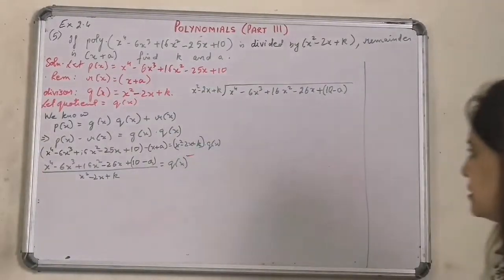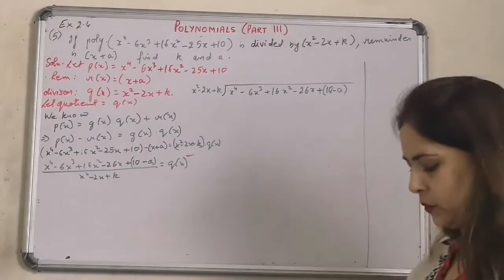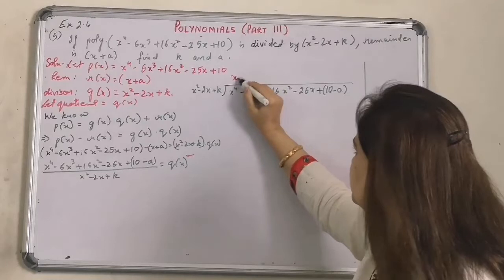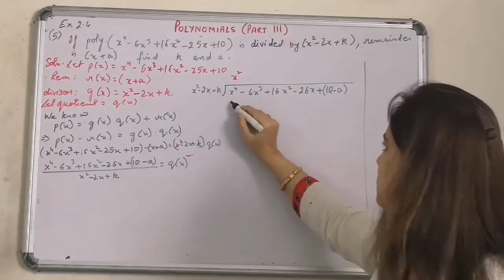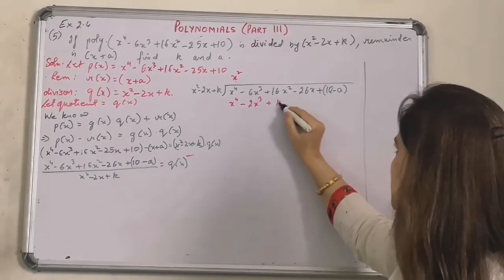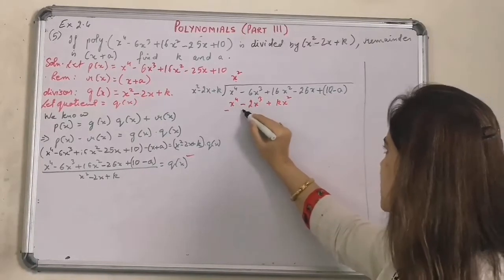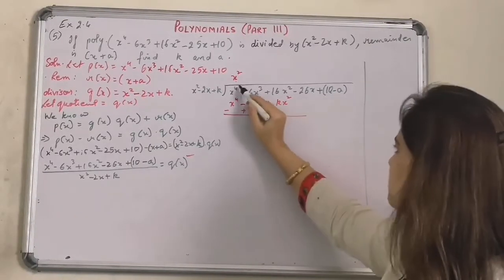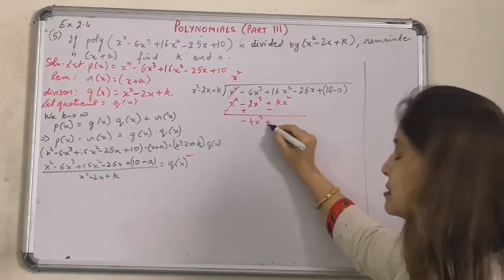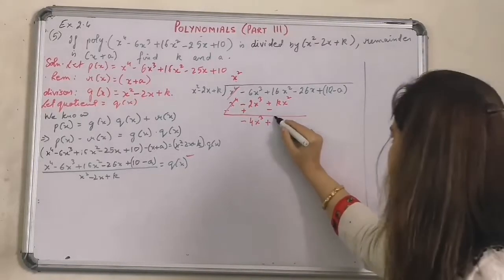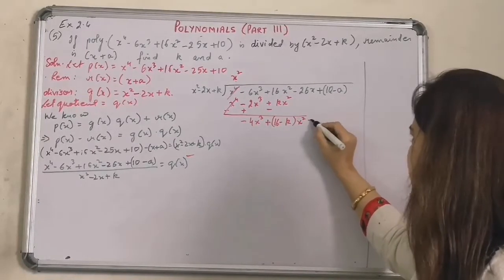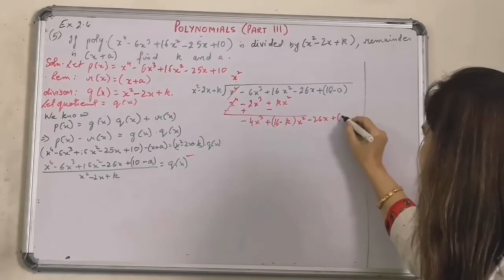This is a bit complicated division and I want you to be very particular about it while doing it. The first term is x power 4. X power 4 divided by x square is x square. This x square is going to multiply with each term. We get x power 4 minus 2 into x power 3 plus k into x square. Signs are changed. What do we get? The first term goes out. We get minus 4 into x power 3 plus. Now this is very important what I do over here. Put the constants in bracket. 16 minus k into x square like this. Minus 26x plus 10 minus a.